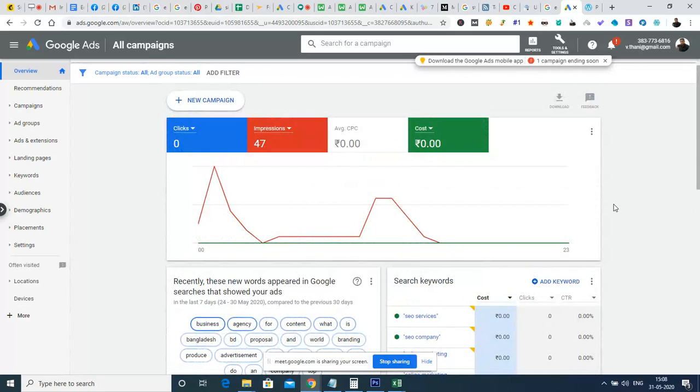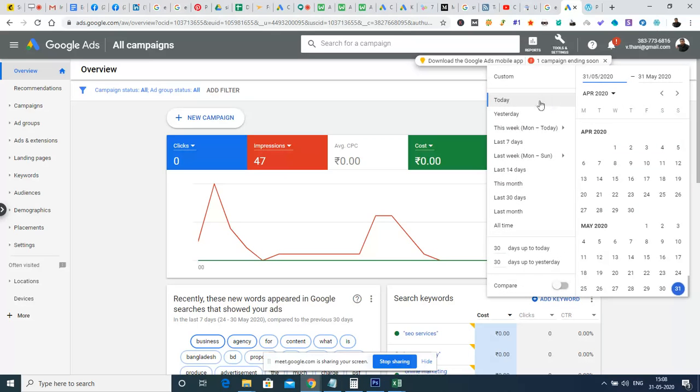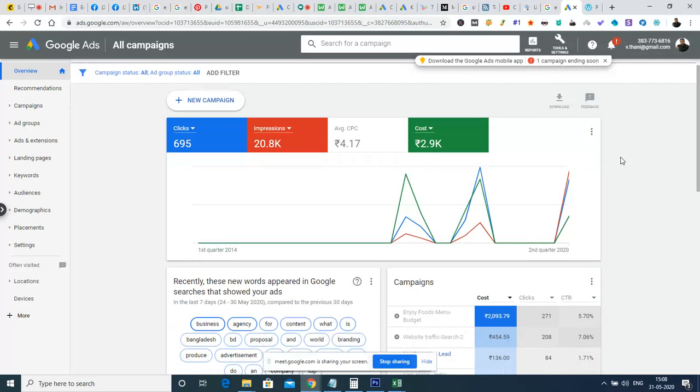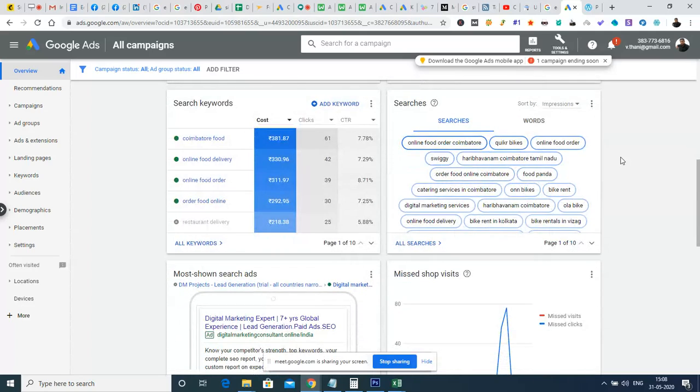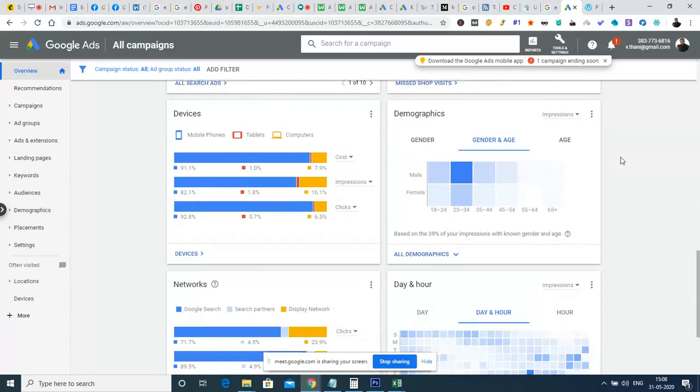And this is the date column through which we can configure whether we require the data for one day or all days, or however we require. Those elements will be here, and we can get the overall data about how many mobile devices, tablets and computers have been used, and the age group of the people for whom the impressions have been shown.